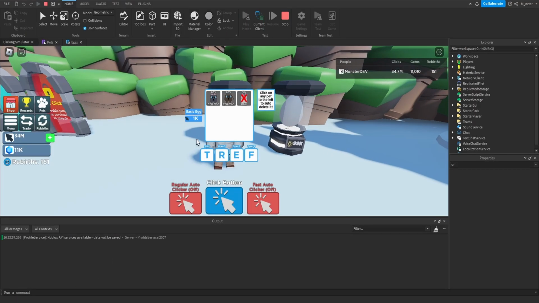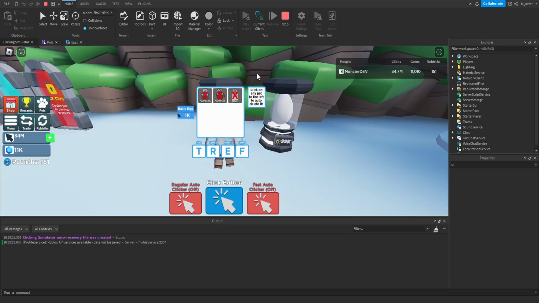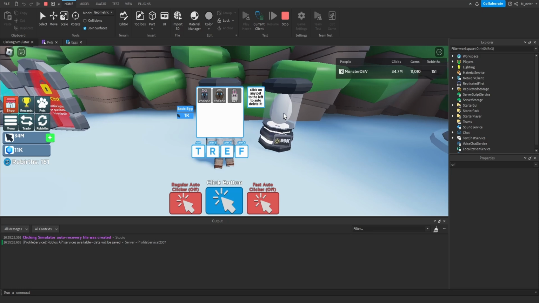So now that we're in our game, we can go up to our egg and we can go ahead and hatch a pet. Now we can see that the egg is rotating left and right, and we can actually see that the pet has been shown to us at the end along with the pet's name's text label. Now I'm going to set all the pets to be automatically deleted, hatch a pet, and make sure that that's working. And we can see that the deleted label is working correctly. So let's go ahead and set them to not be deleted, hatch it once again, and we can see that